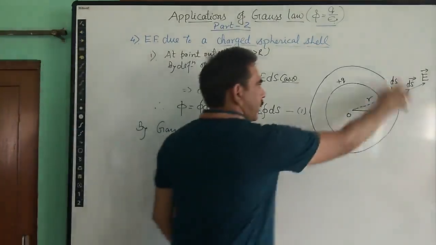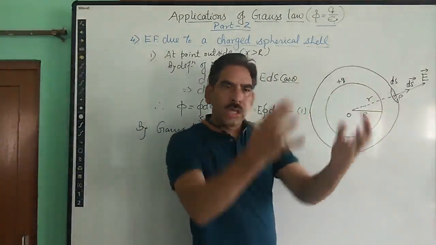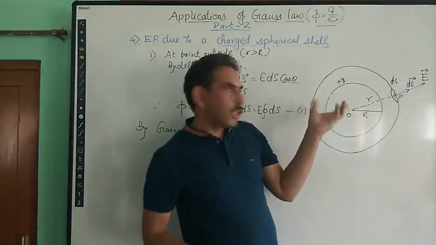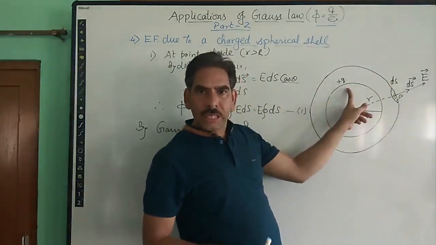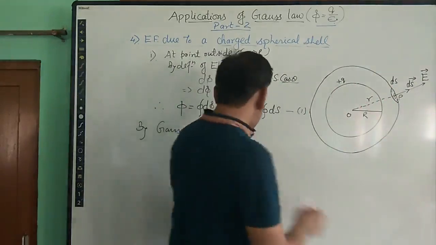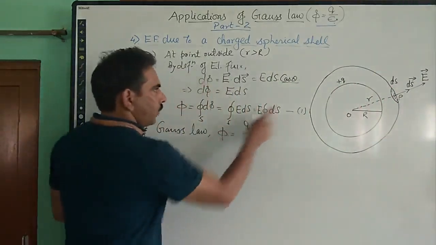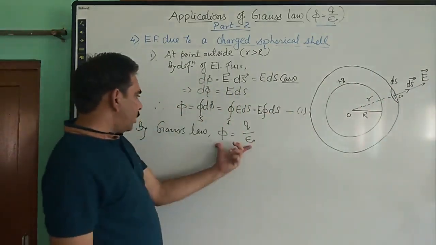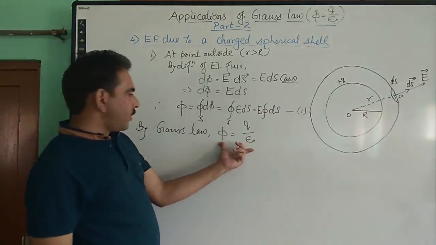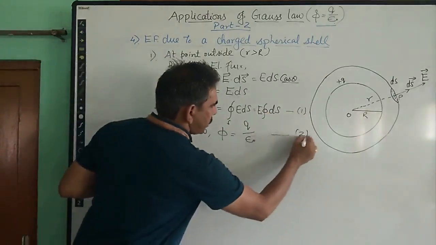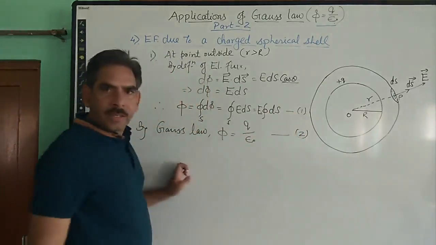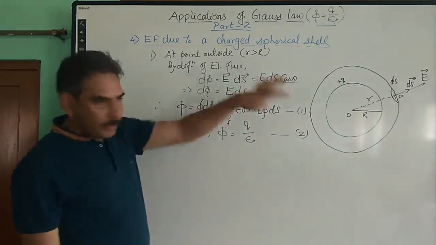Because this is the Gaussian spherical surface, it is enclosing the whole given charged spherical shell. So this means this Gaussian surface is enclosing the charge equal to Q, which is lying over this spherical shell. So that's why we are using the Q value same here. So this is the total flux through the Gaussian surface by the Gauss law. Because these two equations are talking about the same quantity, total flux through the same Gaussian surface.